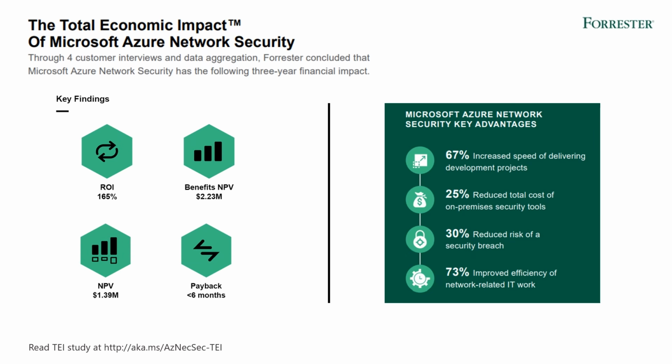Also excited to announce that a recent study from Forrester, where they interviewed the customers and found out the return on investment the customers have on the expenditure that they have on network security, we found out that customers have several millions of dollars of savings employing a cloud-native network security-based solution. We have found that they can save almost a month of time in deployment, and over 35% of expenditure that they actually spend on on-premises solutions could be saved by using cloud-native solutions. So as important as it is to have a zero trust-based architecture and a cloud-native security solution, there's also good return on investment when customers invest in this.